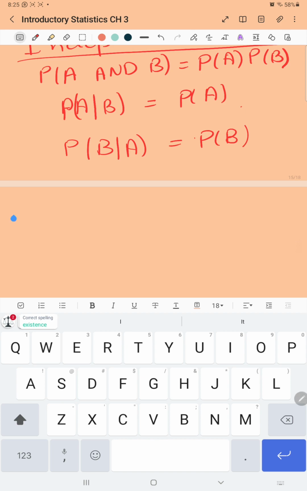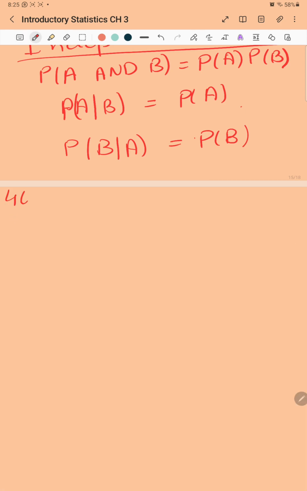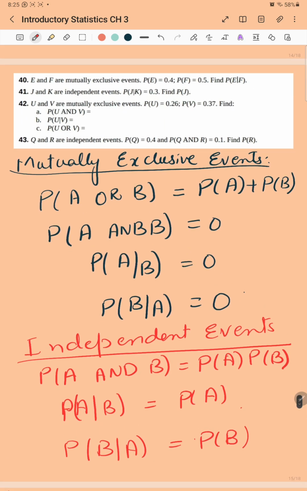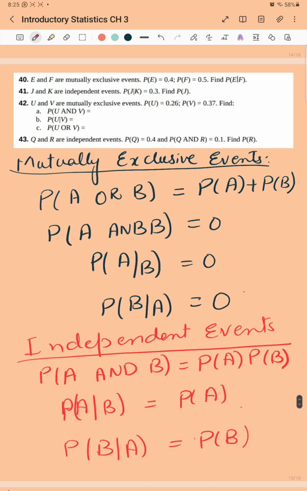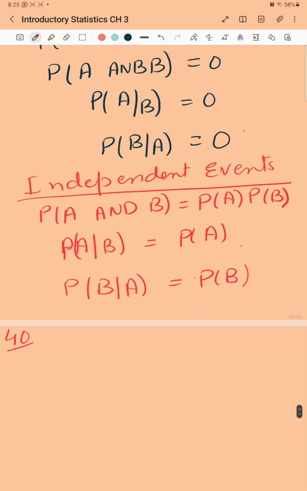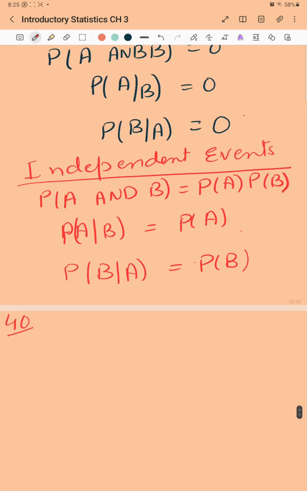For question number 40, it says E and F are mutually exclusive events. Probability of E is given, probability of F is given, so we need to find probability of E given F. So what is the formula for probability of E given F? We have done it in the last question. Probability of E given F can be written as probability of E